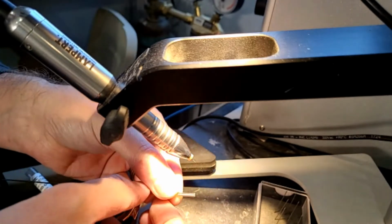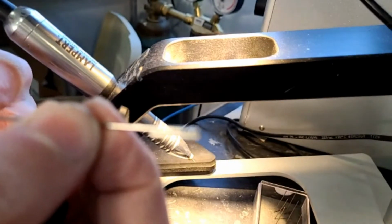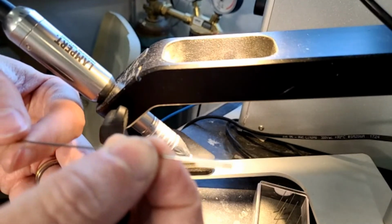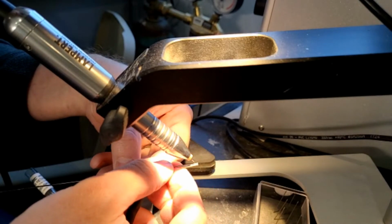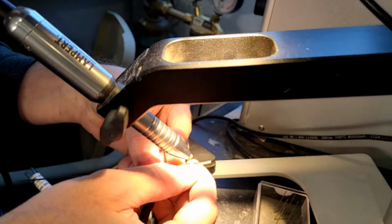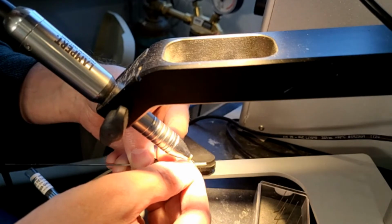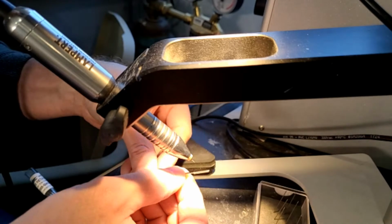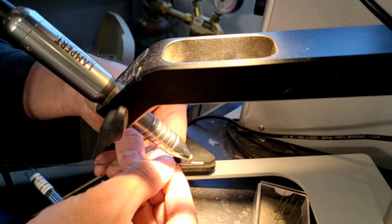There we go. Now I'm going to hold this up to the camera the best that I can. I don't know if it's going to focus or not. I can get it in the other camera. But I'm not going to run a bead all the way down, just stacking all the way down. So I'm going to actually go all the way, one after another. I'm going to space them and come maybe in the middle, and then come at the end, and then I'll flip it over, and then I'm going to do it again, middle,